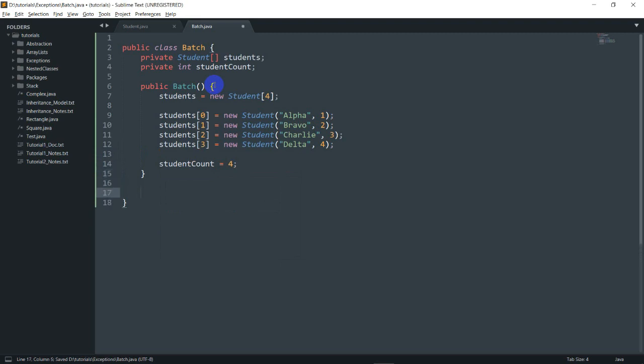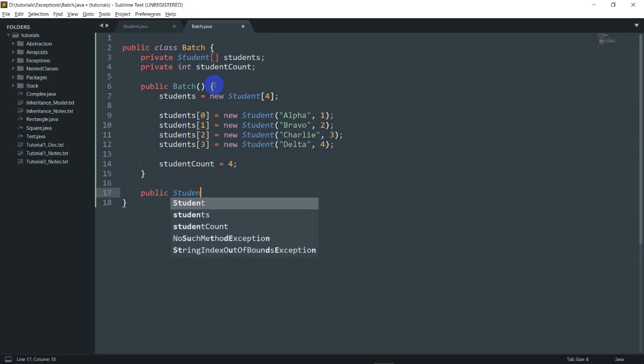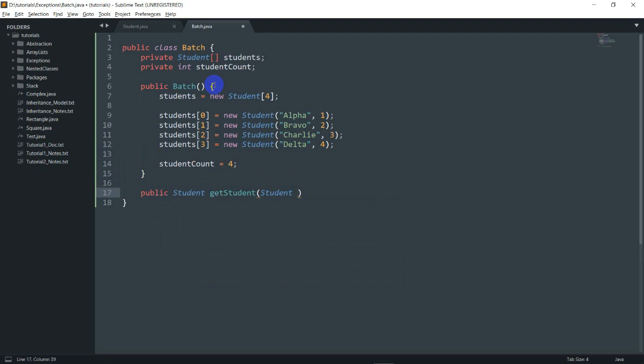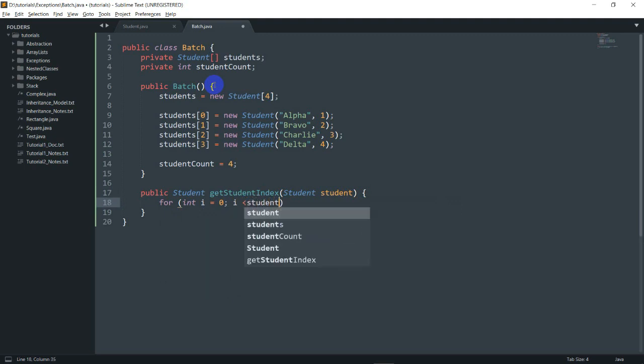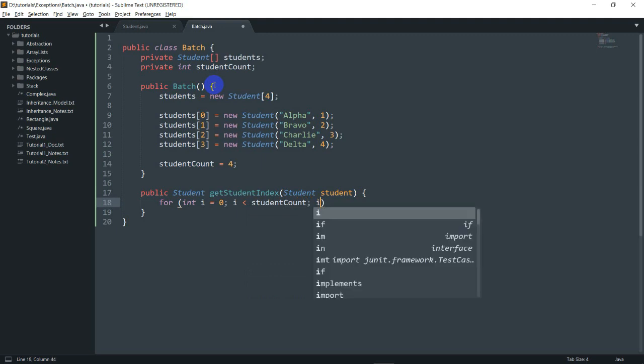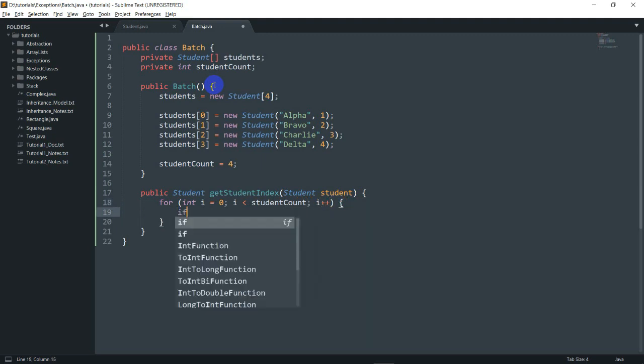And let's create another method here, which is the public Student getStudent, and this will take a student, or let's say getStudent index, and this will take a single student, and in here what I'm going to do is just do for int i equals 0, i less than studentCount, and i++, and here I just do if